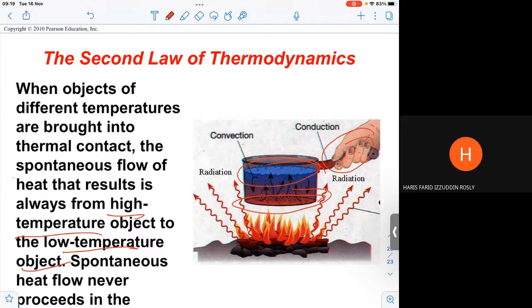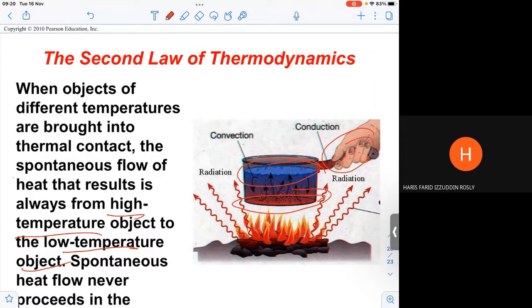It will exchange from time to time until everything inside the pot has achieved thermal equilibrium. These are the concepts we want to highlight in the second law of thermodynamics,